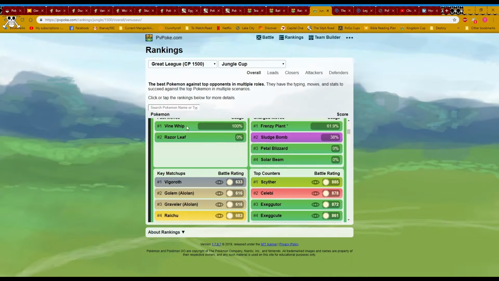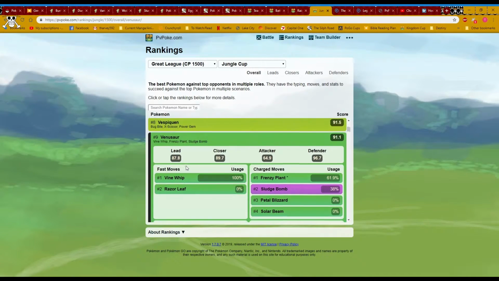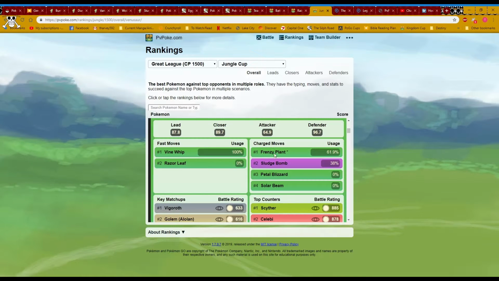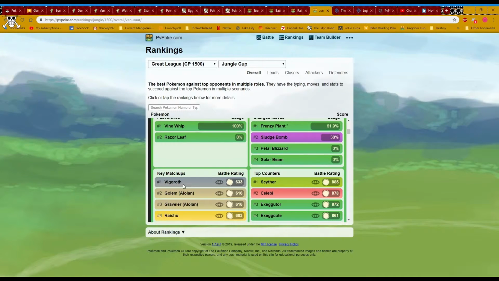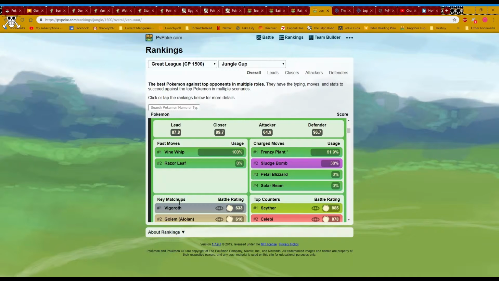So recommendation, just like the other cups, will be Vine Whip, Frenzy Plant, Sludge Bomb. It does get countered by bug types and confusion users here, but it does counter the electric types and the rock types, as well as having good matchup against Vigoroth. So that's one important thing. It will resist Vigoroth's fast move,